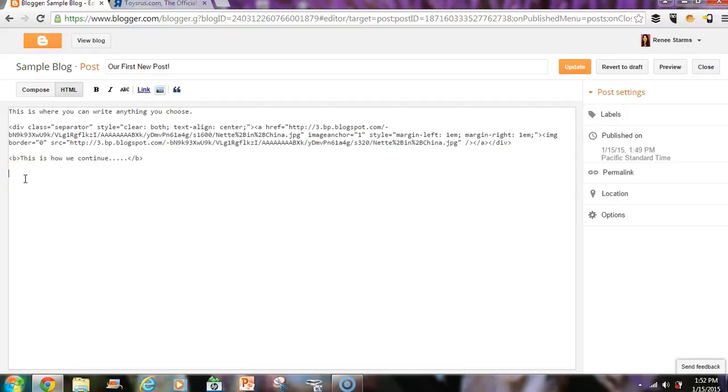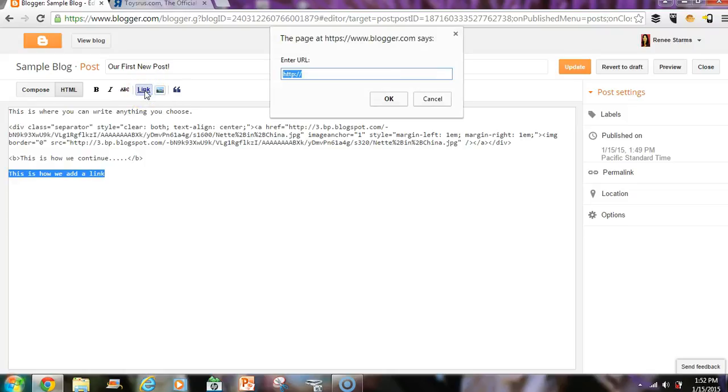To give you an idea of adding a link, you can either use verbiage and say, okay, this is how we add a link, which can take your visitors to another site. So now that I've added this sentence, I want to go ahead and highlight this sentence, and I want to click this link button. Then whatever website that I've chosen to go to, like for instance, if I wanted to go to Toys R Us, and I've gone and grabbed the URL to the Toys R Us site by copying and pasting, I would go back here to this box and I would paste it in here